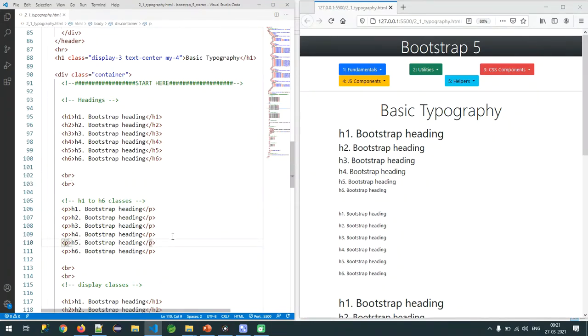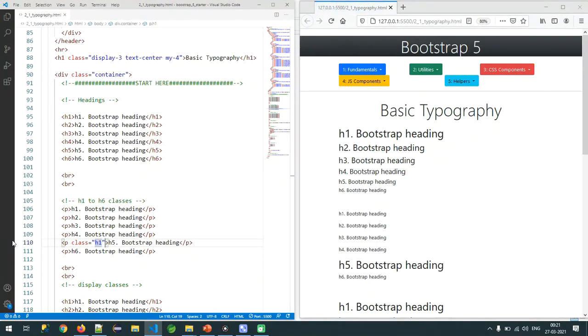For your understanding, observe: class equal to h1. Save it. Now automatically this content is appearing with what style, sir? H1 style. So you can see the beauty here.